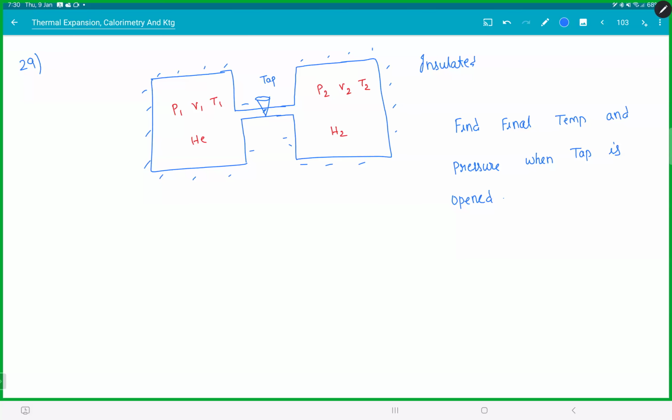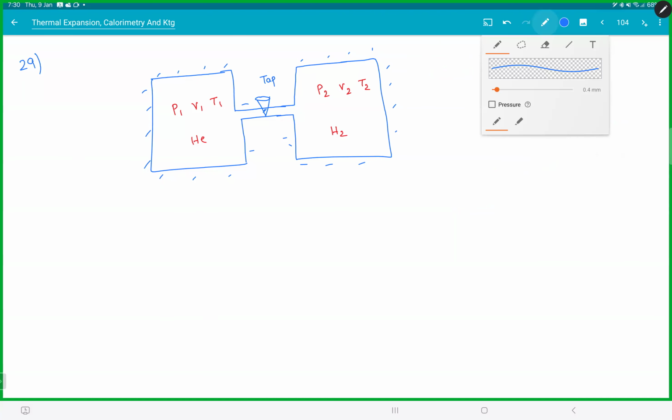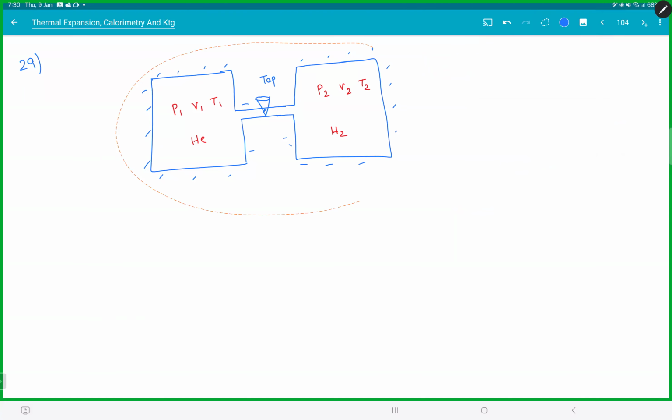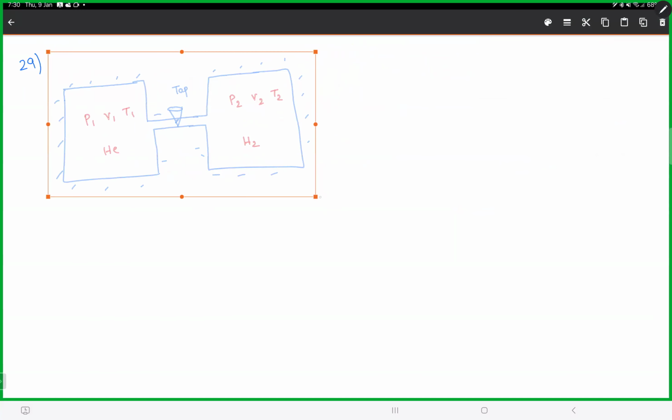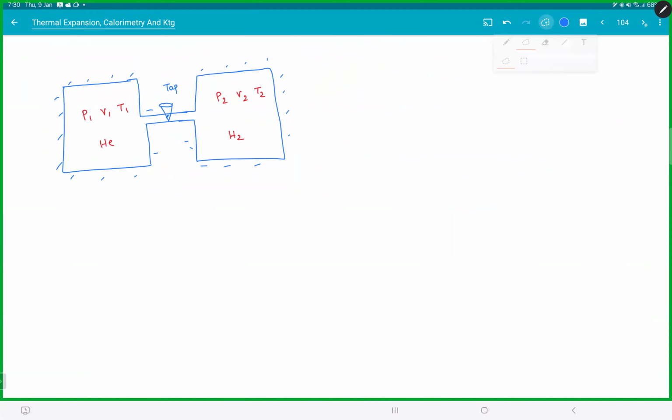How do we figure out? Like I keep saying, the first important thing is always draw the final state. If you know how your final state looks, things would fall in place. So when you draw your final state, you'll ask yourself a few questions. Okay, how does the pressure look like? How does the temperature look like? And then you will see something. So when you take this,